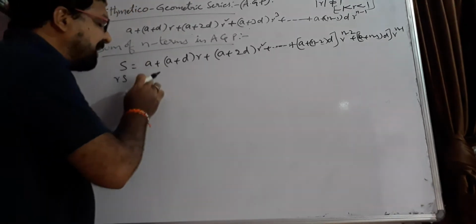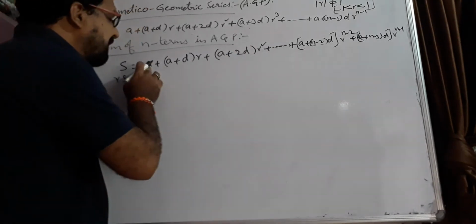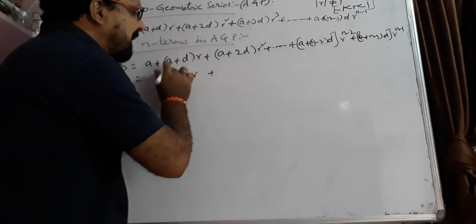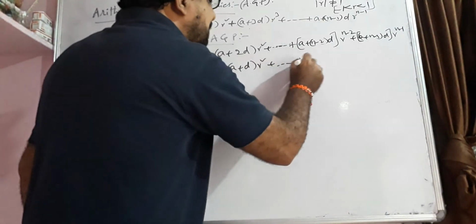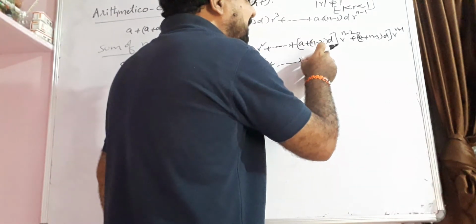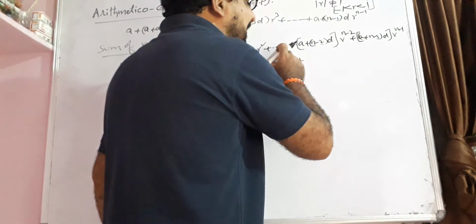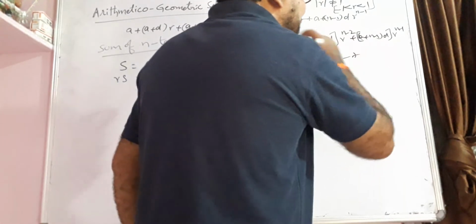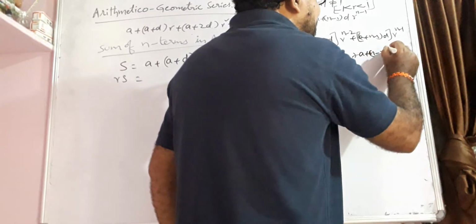After writing, leave one space and skip one step. Instead of writing a into r here, write it here. a plus d into r means a plus d into r square, and so on. Now this term is going to be multiplied with r, so we have to write it here. Multiplying each term with r means shifting it over, and so on, plus a plus n minus 2 into d